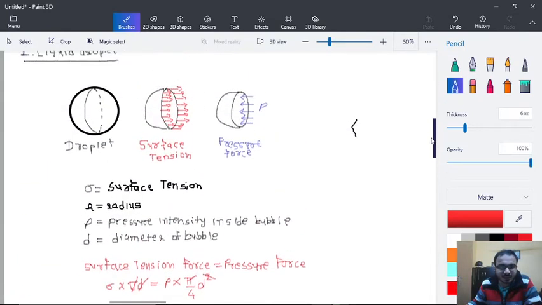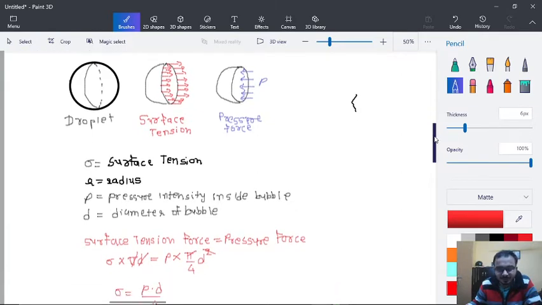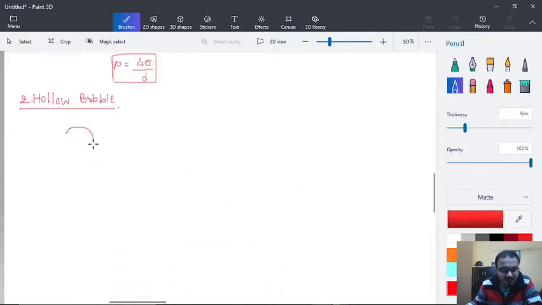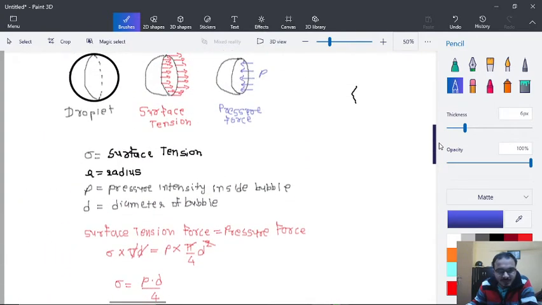So in this case, when we were having a droplet, it was full of liquid. Now when we have a bubble, then outside as well as inside of the bubble we have air. So if we roughly draw that thing here, then let's say that this is a bubble. Then what happens in case of bubble, that air is already outside the bubble, but as well as inside the bubble we have air or other gas. So here in this case,